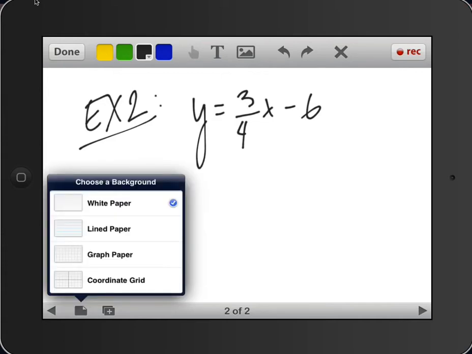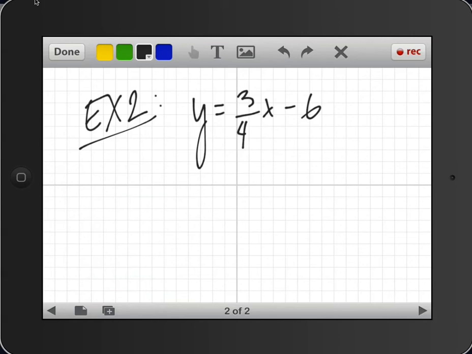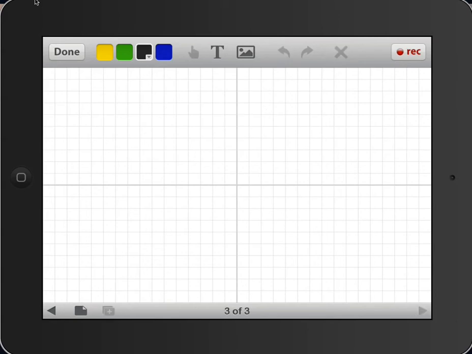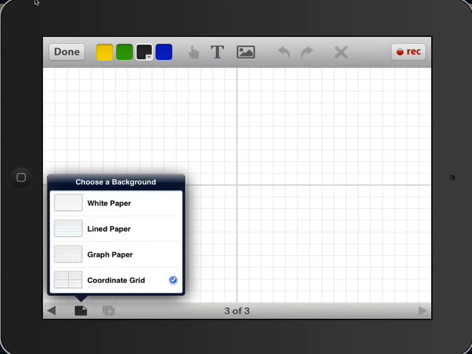So down in the bottom left, I've got that page that looks like it's been folded over in one of the corners, and I'm going to press on coordinate grid, and it immediately drops in a coordinate grid for me. From here, I can immediately start graphing. And it makes it a whole lot easier to show the class instead of having to draw out your own graph. From here I can move on to another page, and it's again the coordinate grid, but say this time